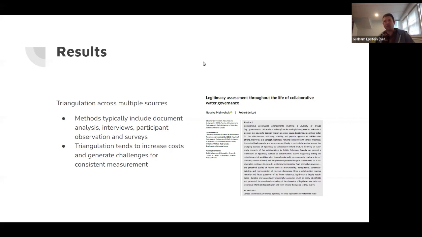And as I've mentioned before, this triangulation is good. You can do a very good job of measurement within a particular case. You have very strong details behind these measurements, but it can be very costly. And it can also create significant challenges for consistent measurement, because we don't always know or have a sense of how these